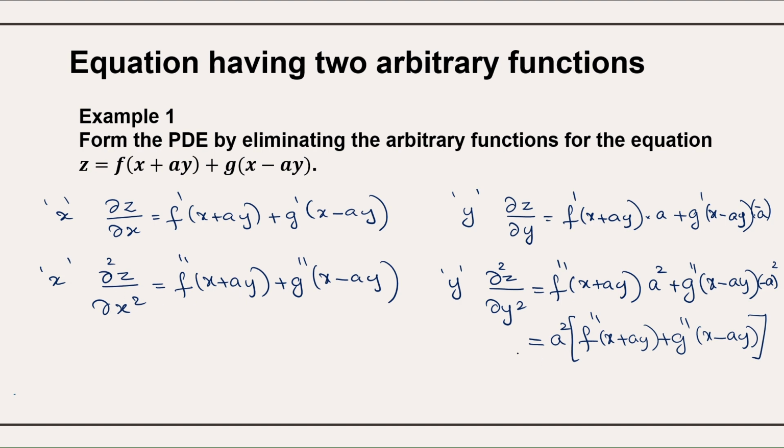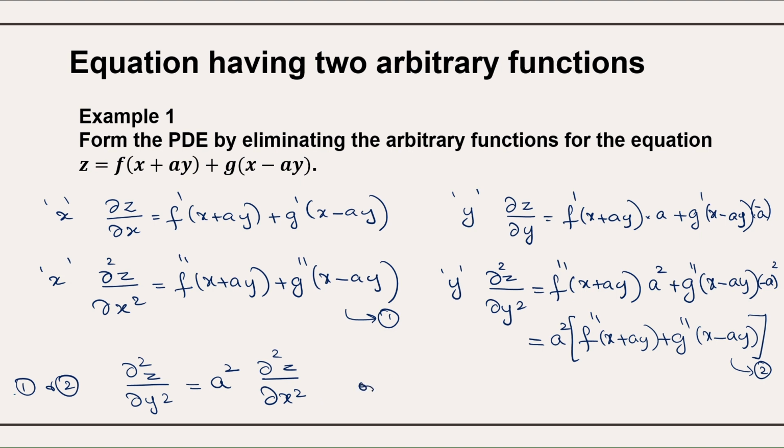Now if we compare these two equations, let it be equation 1 and let it be equation 2. So now comparing equations 1 and 2, equation 2 is dou square z by dou y square is equal to a square into the term in the bracket, which can be replaced by dou square z by dou x square, which is equation 1. So this is the partial differential equation we have obtained by eliminating the arbitrary functions f and